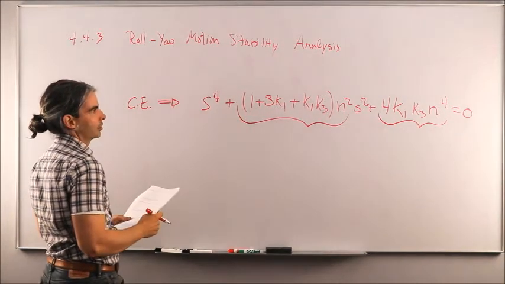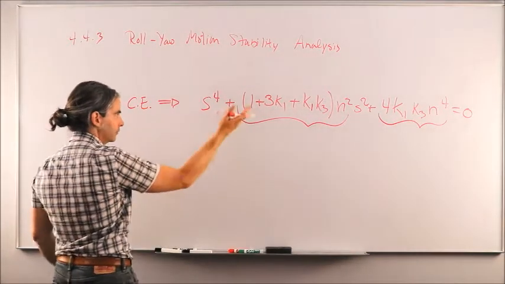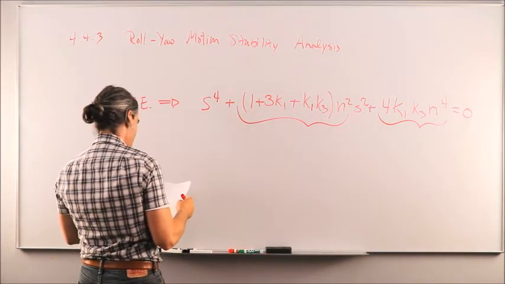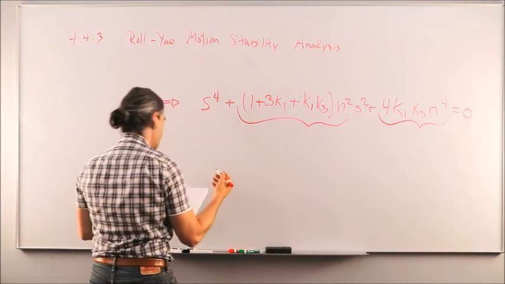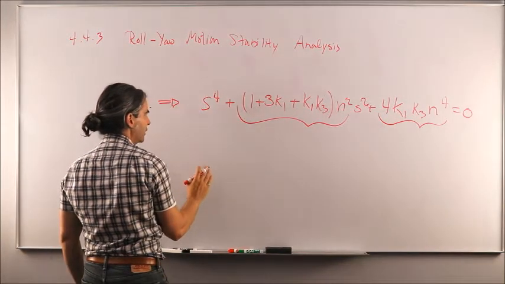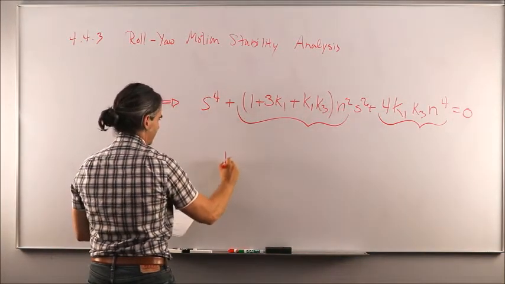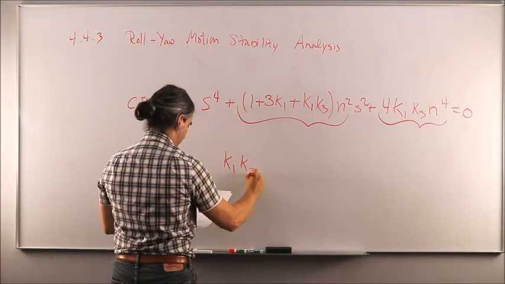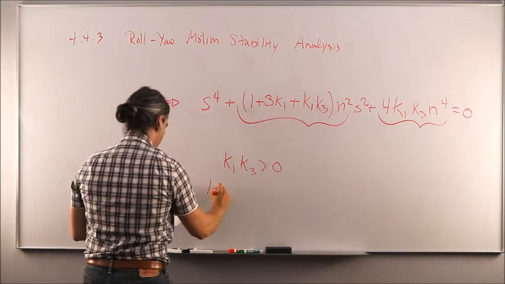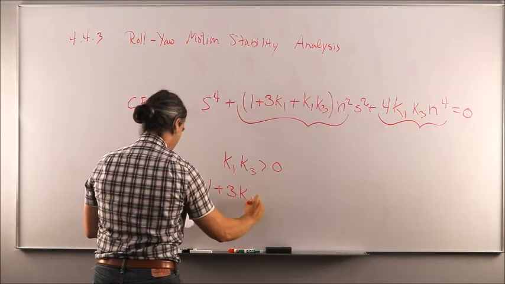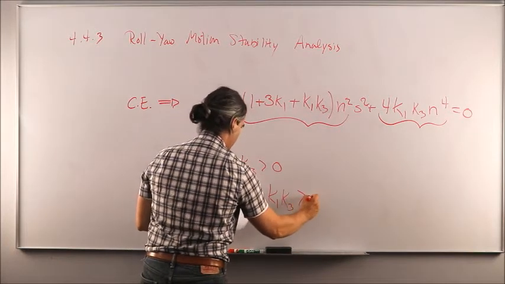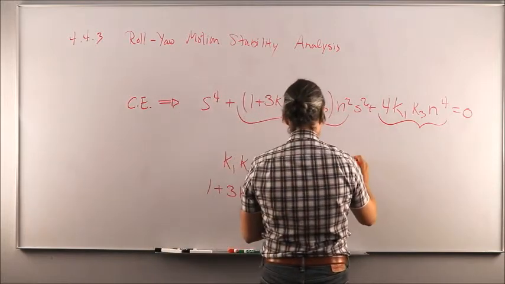So what you could do essentially is solve that for the s variable or solving for the roots and figure that they would become complex conjugates if and only if K1 K3 is larger than 0, if 1 plus 3 K1 plus K1 times K3 larger than 0, and also